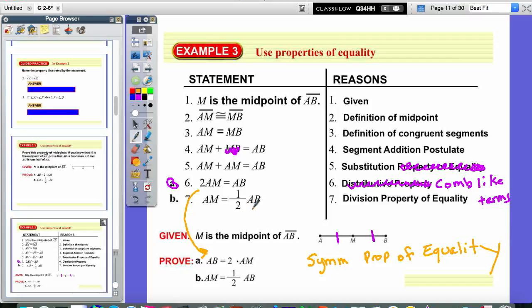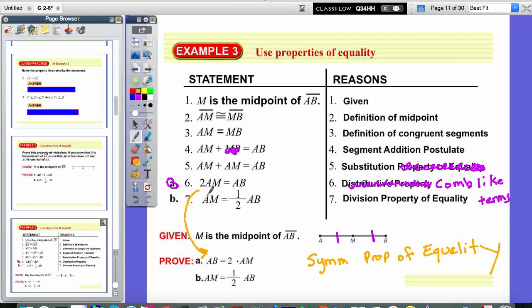Now understand, at this point, we're just putting in steps into skeleton proofs. Even on the EOC, there will be proofs where you must say, well, I think they kind of missed a step. You're not fixing their errors. You're just giving the reasons for what they put in. So to technically do this proof, to get from here to what you wanted to prove, you need to flip it and put symmetric property of equality. Now,